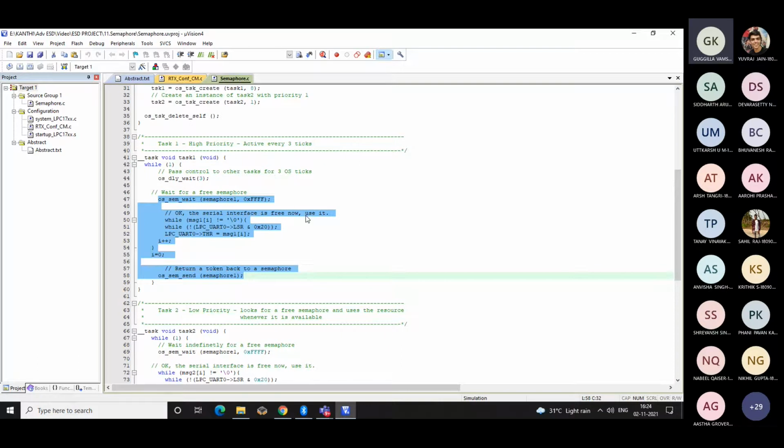So basically, what I want to say here is, you're using UART to display the message, and the task switching happens between the two tasks by forcibly putting some delay, and making sure that the particular message is displayed. That's it.